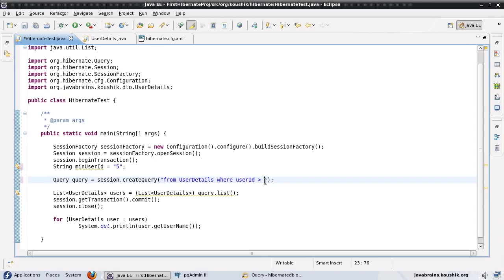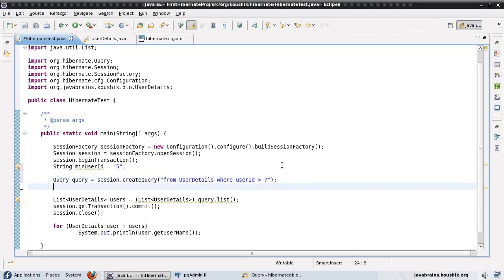Now what I'll do here is I will have a parameter in this query. Say something like this. Now this question mark is a placeholder for where the parameter needs to go. So I'm telling Hibernate that I have one parameter here, and this parameter needs to be substituted with the value that I'm going to supply now. So now that I have put a placeholder there, I need to supply this value to Hibernate. The way I'm going to supply the value is by using